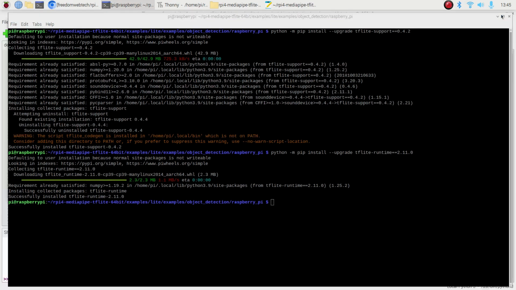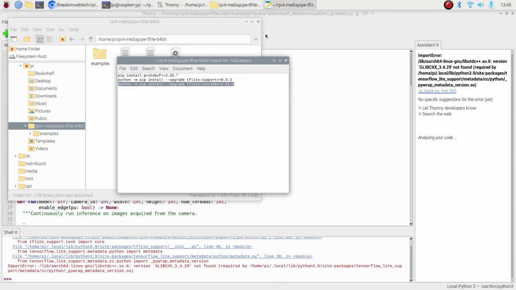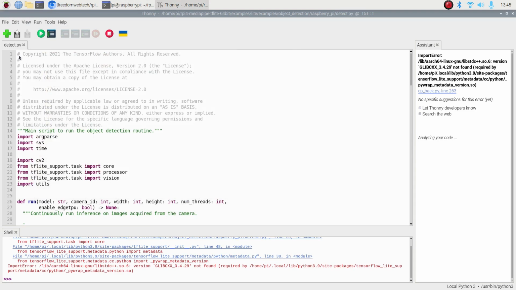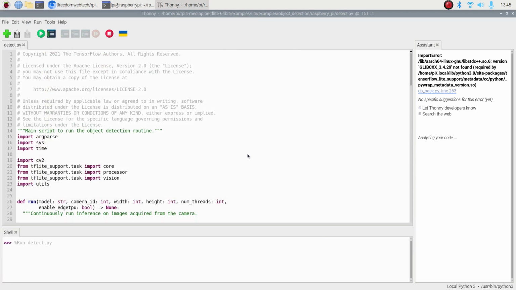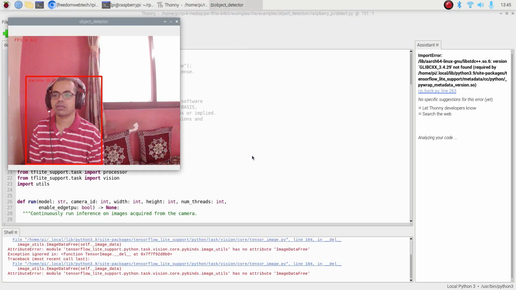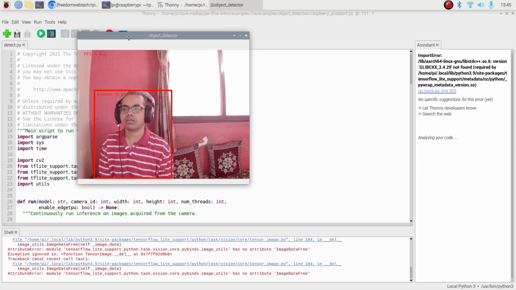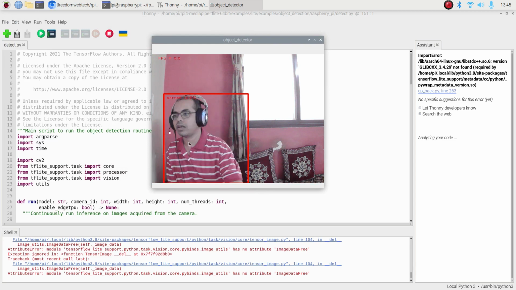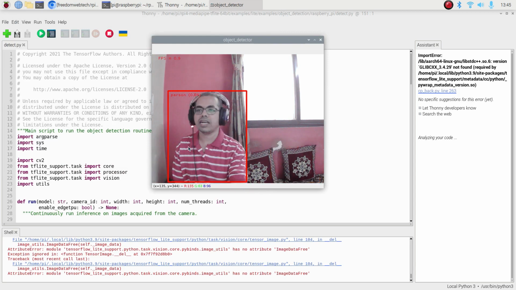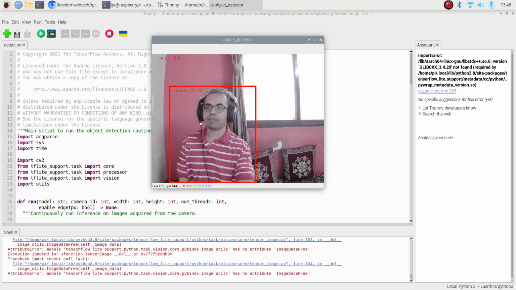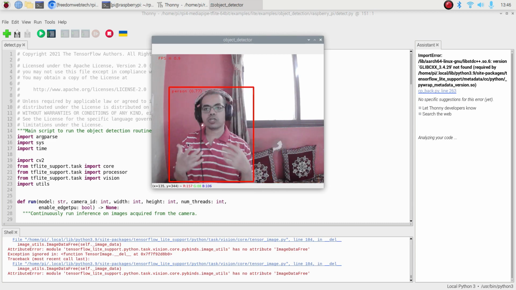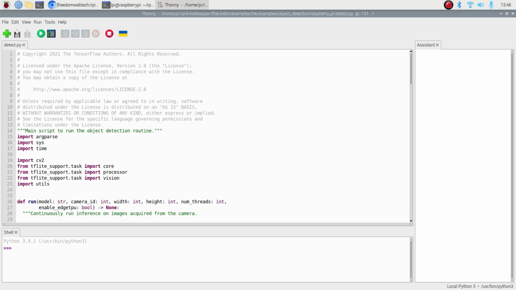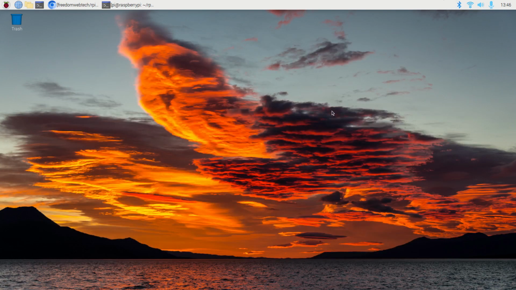Now we are going to run our detect.py again. Let's close all these things, and this is our detect.py. If I run the code, as you can see, our TensorFlow-Lite is working. It's detecting the person. It means we are now successfully detecting a person with the help of TensorFlow-Lite. We have successfully installed MediaPipe and TensorFlow-Lite on the latest Raspbian